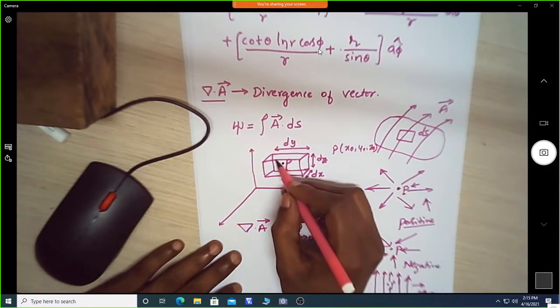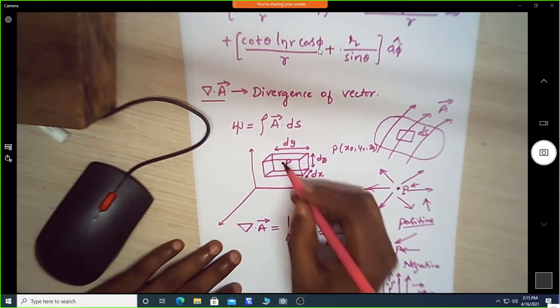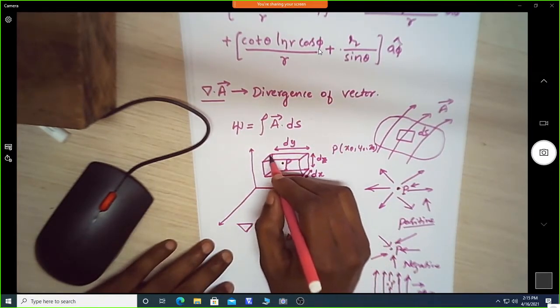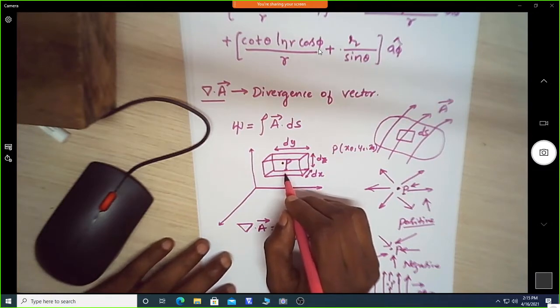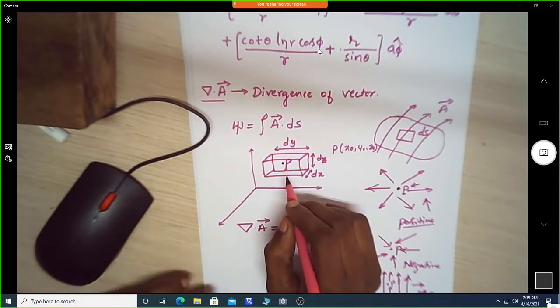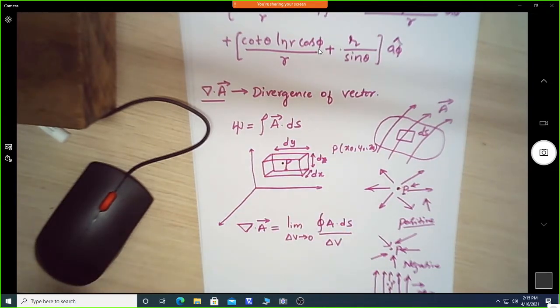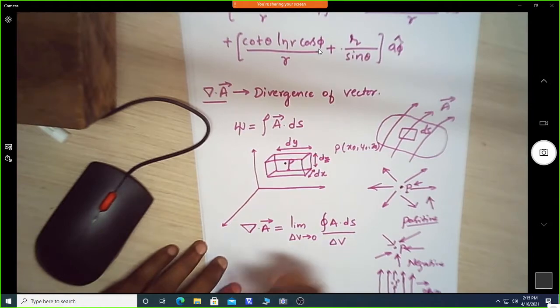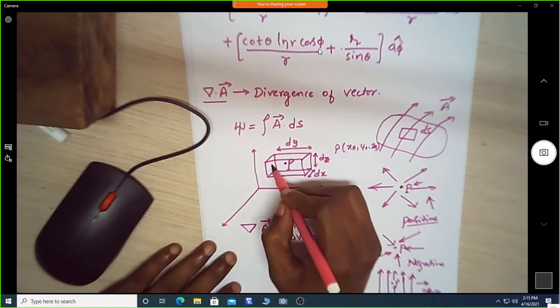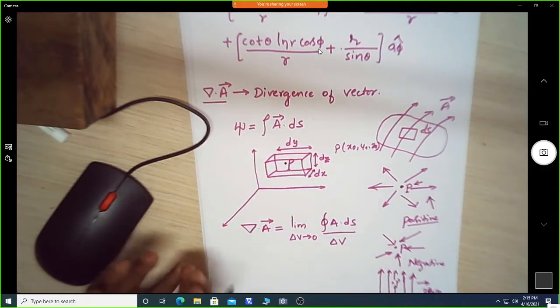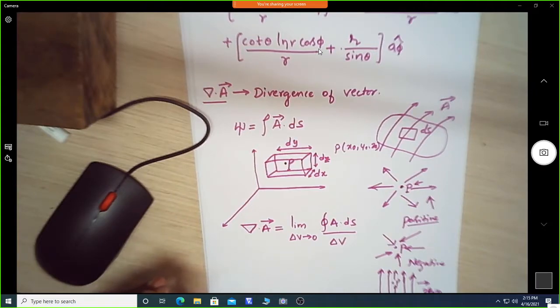So now if I take vector A at some other point in the volume, we have to evaluate the divergence of A at this point P. That we need to get from the Taylor series expansion. So if we evaluate all these surfaces and then combine them, we will get the total divergence of that vector A, okay.